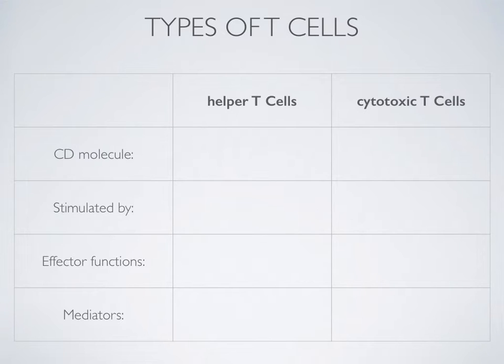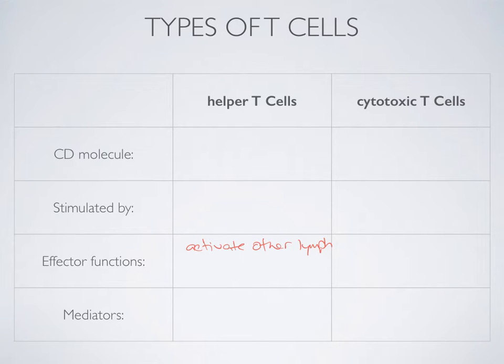Right. They activate the cytotoxic T cells and B cells. So helper T cells activate other lymphocytes, the cytotoxic T cells, the B cells, and they do that by direct binding, like we just saw,